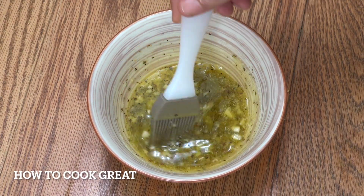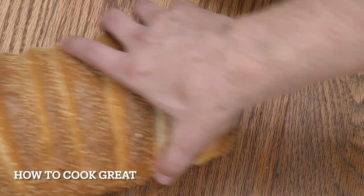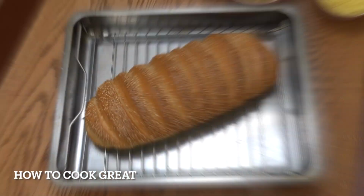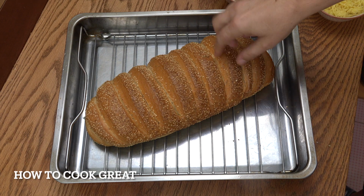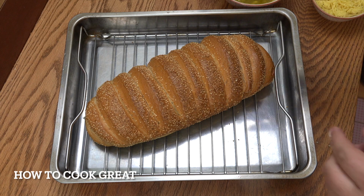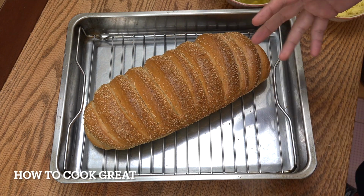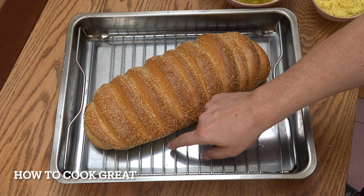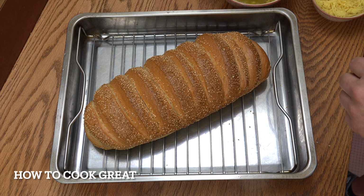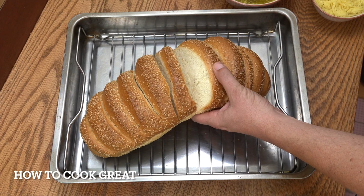So you've now got a hot oven, I hope, or it's definitely on its way. Let's get on with this bad boy. So I've got my bread there that we've cut. I've now got it into a tray that can go into the oven. Now I'm using this grill there, so it's just slightly off the bottom. It won't really matter if it's touching the bottom if you don't have one of these, but I'm going to be using that. Very simply, what we're going to do is we're going to sort of open this out, okay,